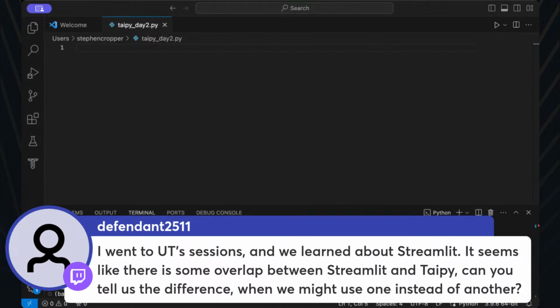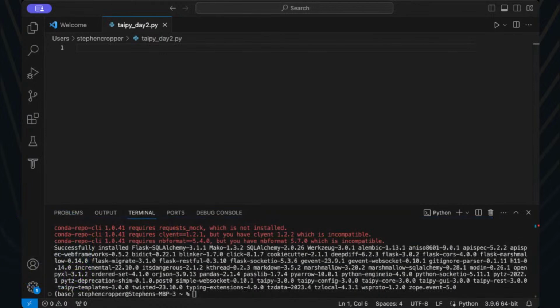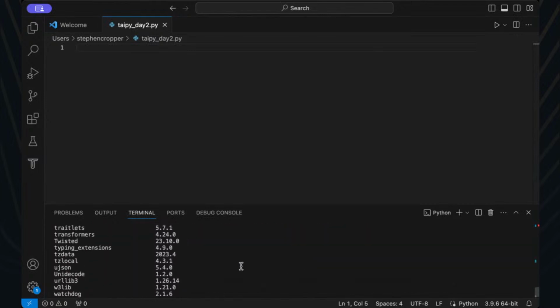I also think Taipy is a little bit easier to get up and running with, generally speaking. So you can kind of get started much quicker with Taipy, in my opinion. But I think it's going to really depend on person to person. Yeah. But anyway, so you would need to finish installing this. But when you type pip list, it should now show Taipy. Let's see. Hopefully it does. Yep, there it is. So you can see we now have Taipy, and you can verify that on your own system through pip list.